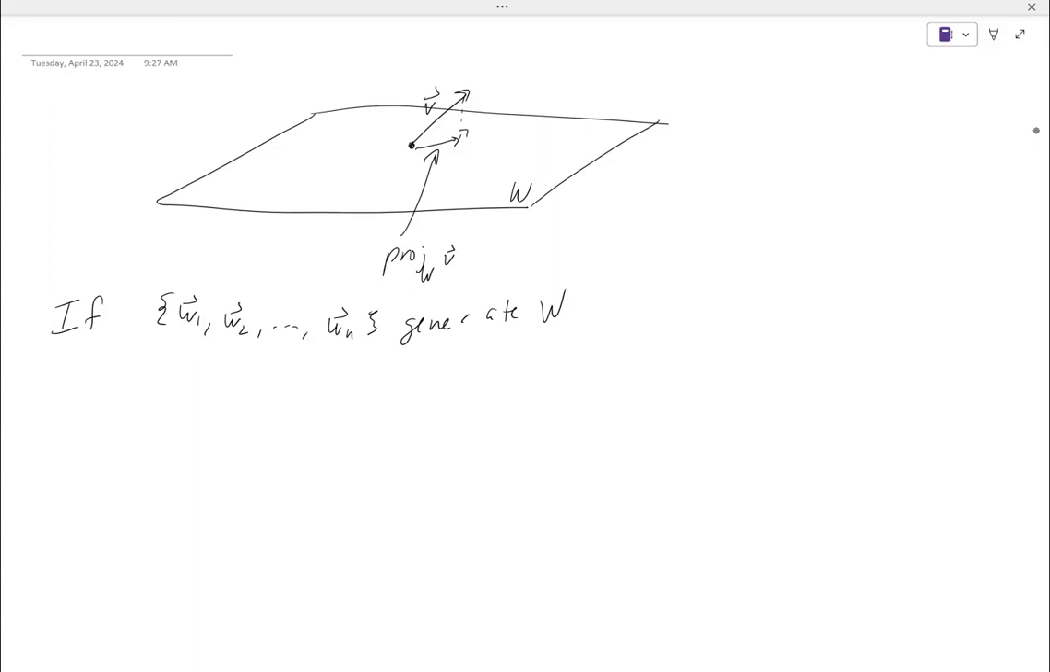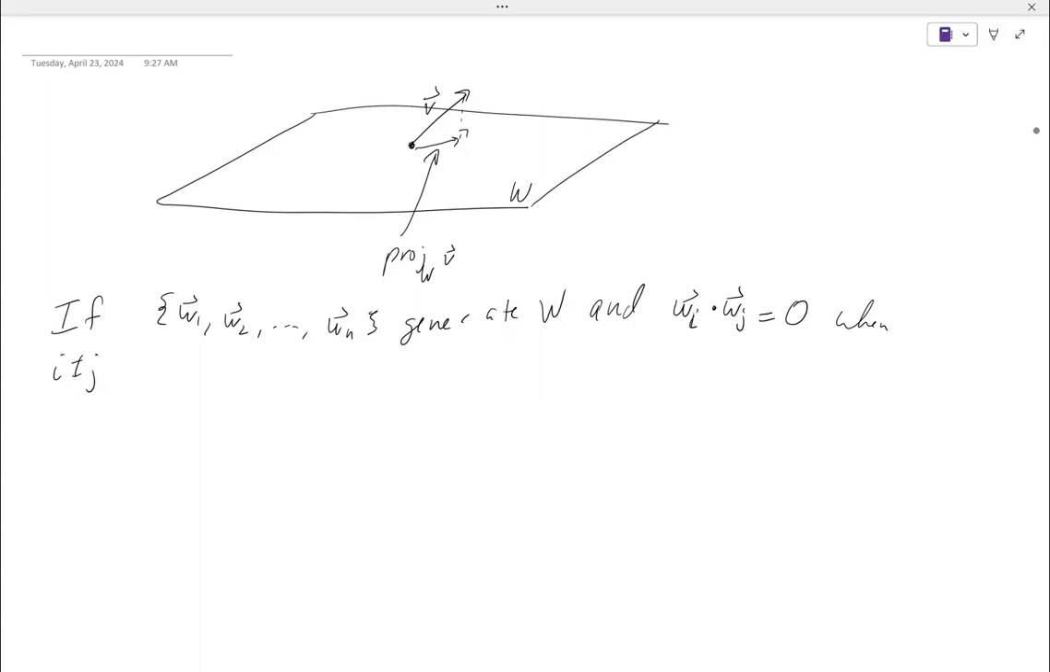So if I have a generating set like that, and the vectors in here are what we refer to as pairwise orthogonal, orthogonal is a fancy word for perpendicular. Perpendicular we can check with a dot product or an inner product. So if everything here is pairwise orthogonal,